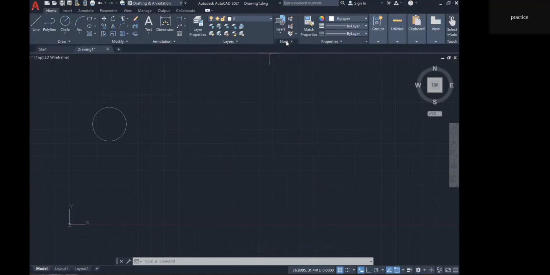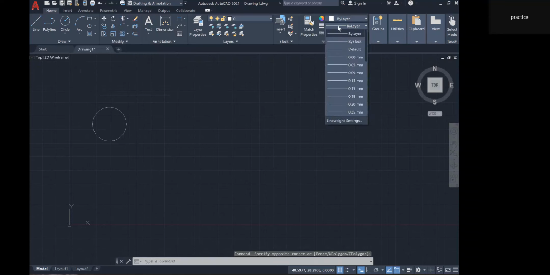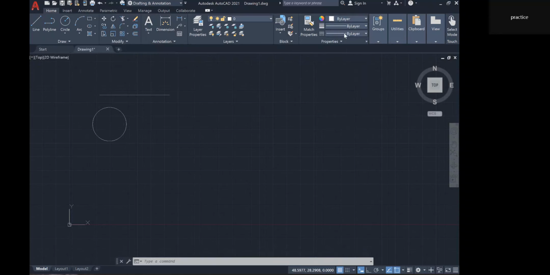And here is a block. You can change your drawings into a block so that you can insert it in the other drawings. And here is the properties for the line. So now you can change the line width and the line type. Okay, so that is the tools for the